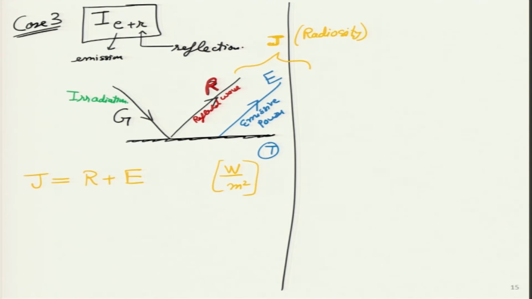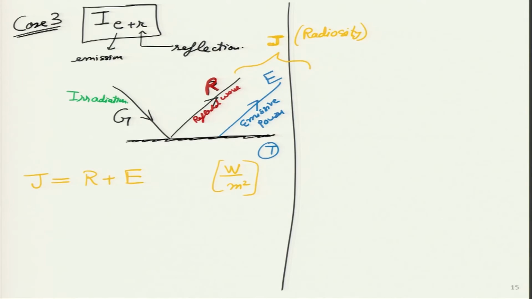So, radiosity essentially is the incident radiation intensity which will be given by this symbol over here, I_{E+R}. Its flux is denoted as J. What it actually represents is, if I am looking at a particular surface. The best example that I can think of is, let us say, an example that is not of thermal radiation, but is still of emissions. I think I can give that example.